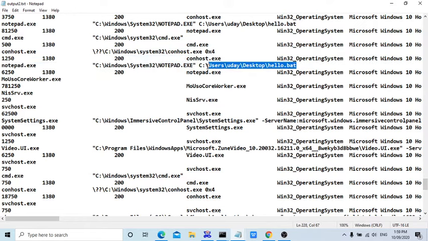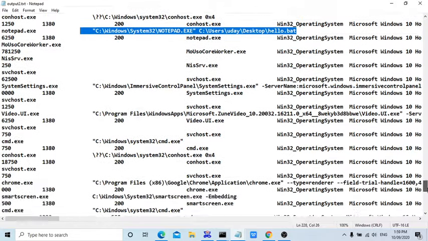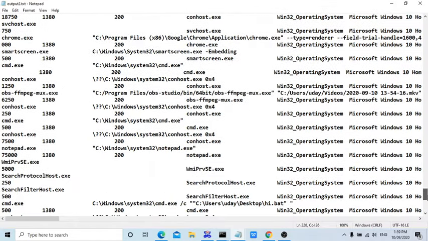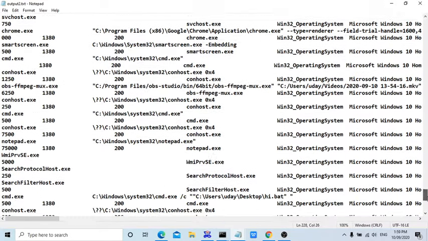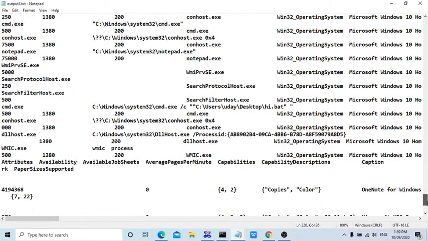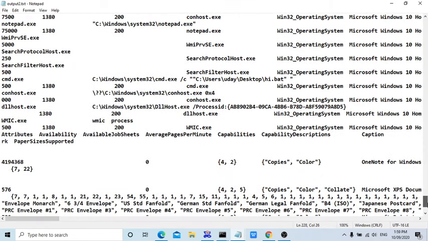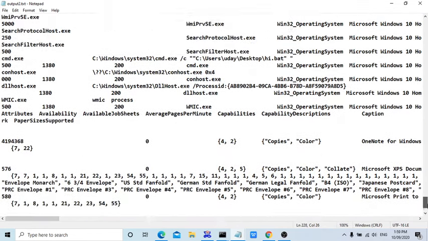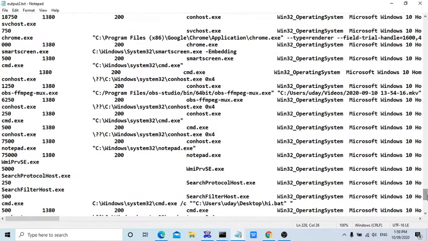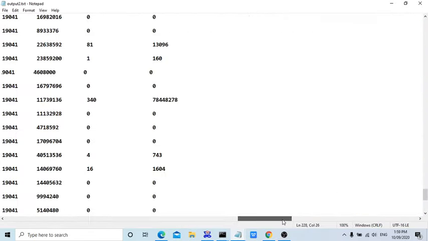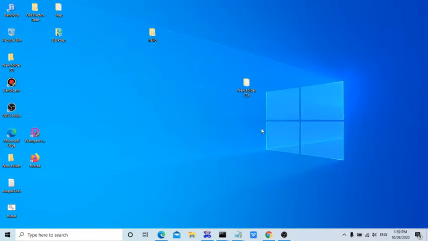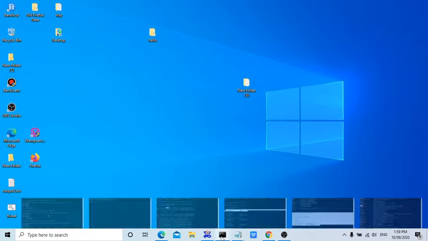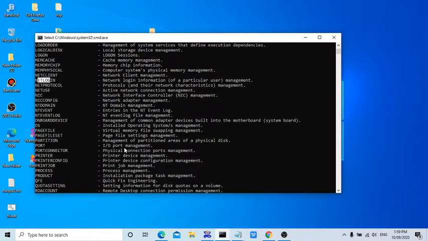Our hello.bat file has also written to the notepad, right? This is something like an extreme level of malware analysis approach, guys. So to know that, easily, without using any third-party tools, you can run one by one to know more about it, guys,